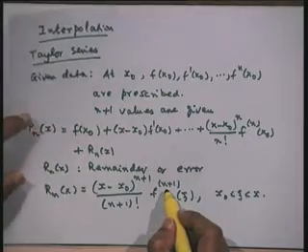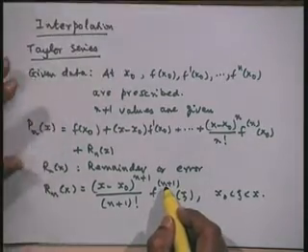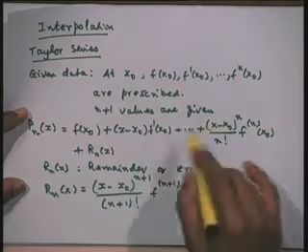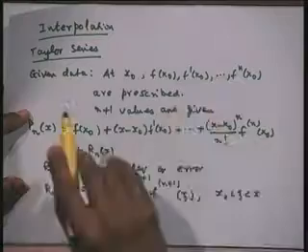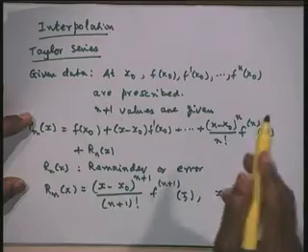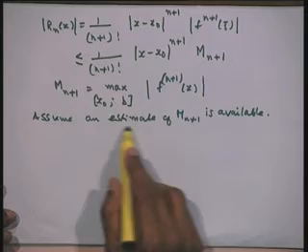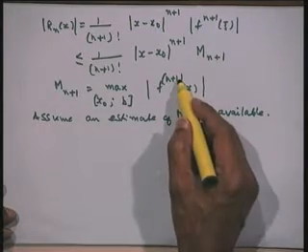So, what we do is find an estimate of the required 5th derivative. I will construct the Taylor series with one more non-vanishing term, because we want a 5 term series and there may be many zeros in between. So, I will construct the next non-zero term. Once I construct it, I will differentiate this the required number of times and take that as an estimate, because we want only a rough estimate. So, we will assume that an estimate of M n plus 1, this n plus 1 derivative, is available.